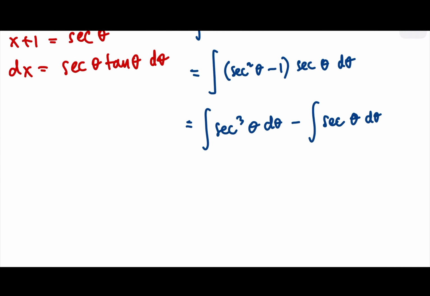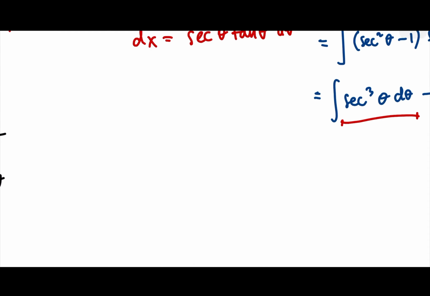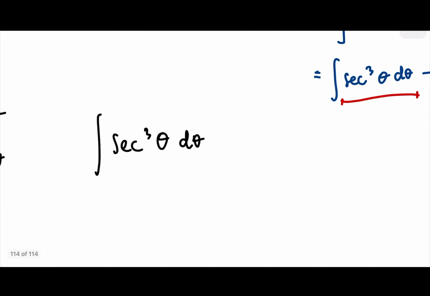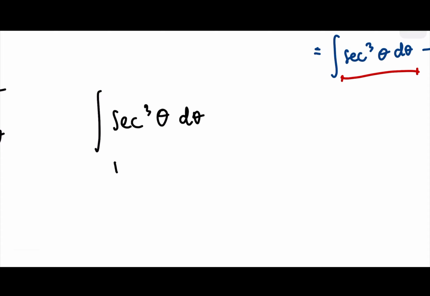I think I have given you some explanation about secant cubed, but let me just write down the methods. Let me write using the black color. Secant cubed theta d theta. This we have, let's write